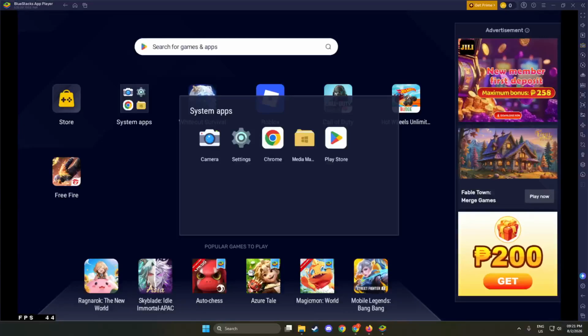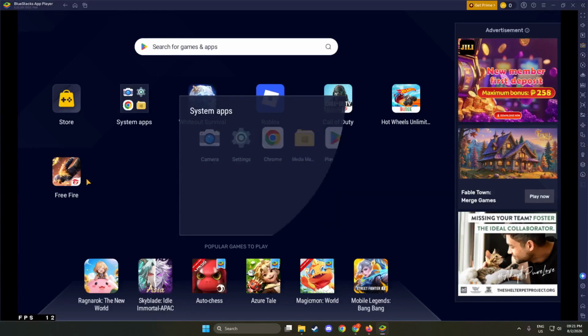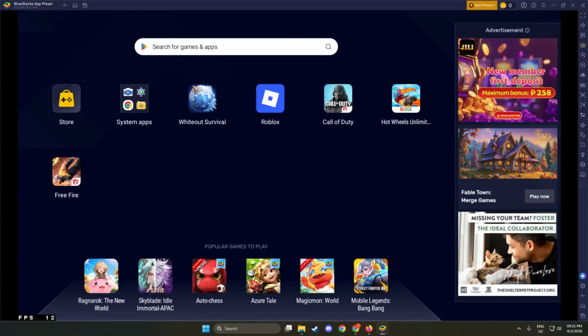In today's video, I'm going to teach you how to change account in BlueStacks. We will walk through removing an old Google account and adding a new one, all from inside BlueStacks 5, so you can switch the apps and data you use in your Android environment.